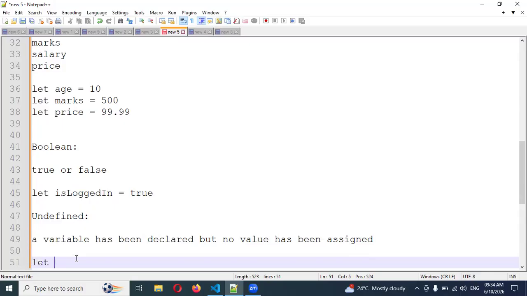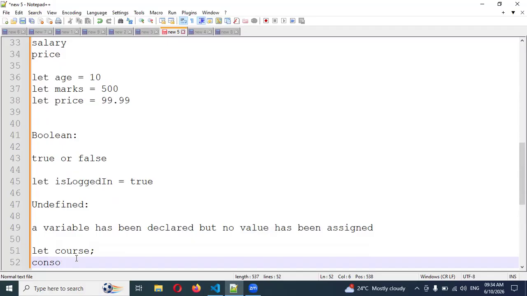Okay, then you will get it like a simple case, where you declared the variable and printed it with console.log. In this situation, what will happen? It will be shown as undefined because you have not assigned any kind of value. It will be treated as undefined, the value-missing case. Okay, and the next data type is